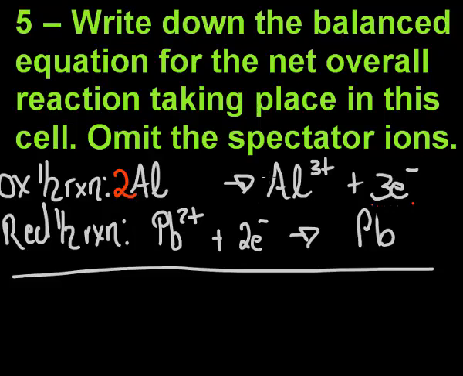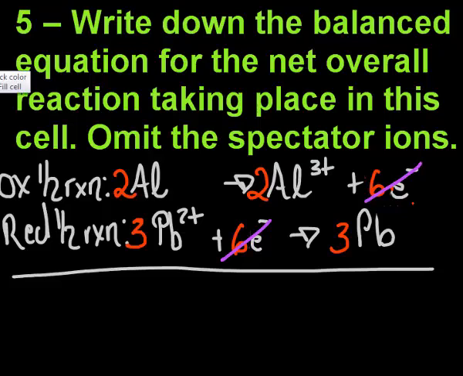So 2 aluminium ions, and that 2 times 3 then becomes 6 electrons. If I take a look at my lead half reaction, note that it's got a 2, so to get 2 to 6, we're going to multiply everything by 3. And we'll see that my electrons now are both 6 and can thus cross cancel from the left and the right side out. Now there's nothing else that looks the same, so that means my overall reaction would thus be